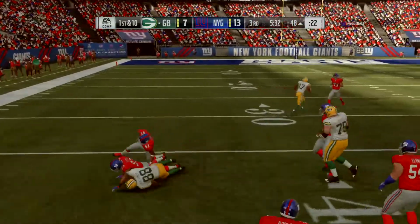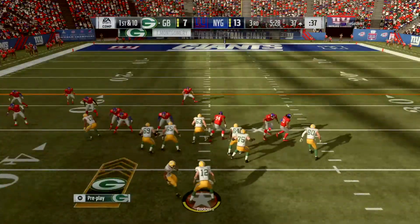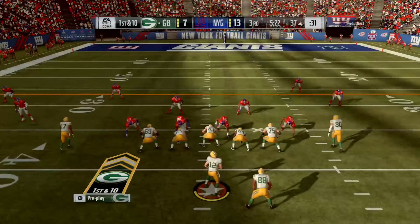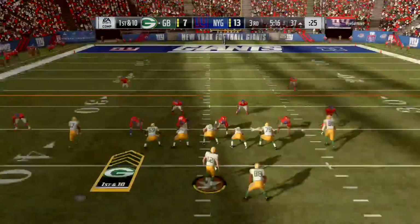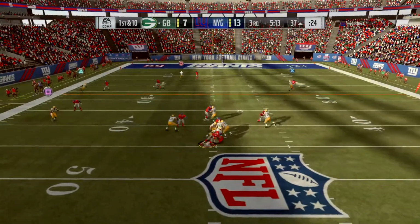Now a run with Montgomery, and he's brought down. A nice pickup there of 11 yards, and it'll move the sticks. 26. Well, it certainly appears that the big guys up front have taken charge of the line of scrimmage. 2 really nice plays back-to-back. But on the defensive side of the ball, there shouldn't be any despair. Okay, they've got us a couple of times here. Hang in there, keep your composure, and try to...